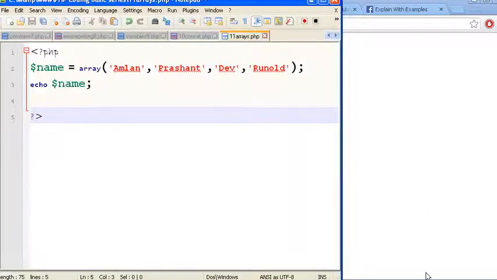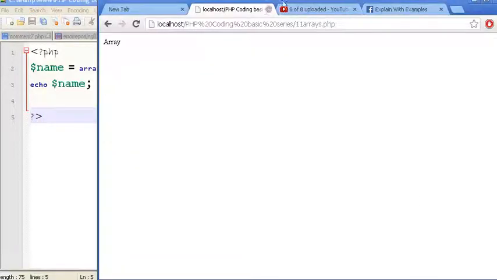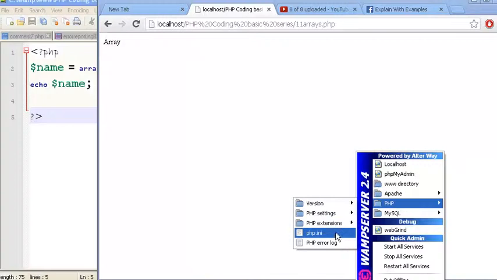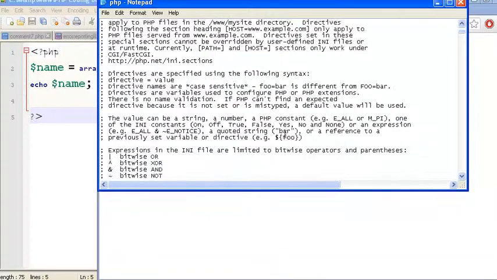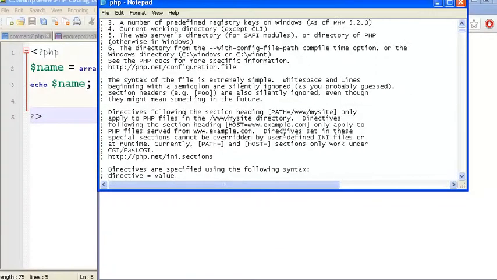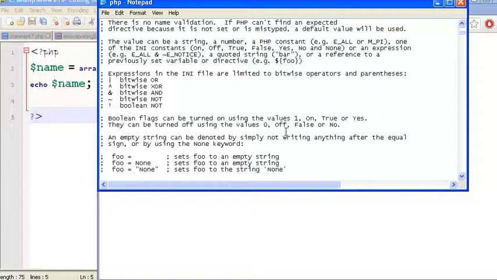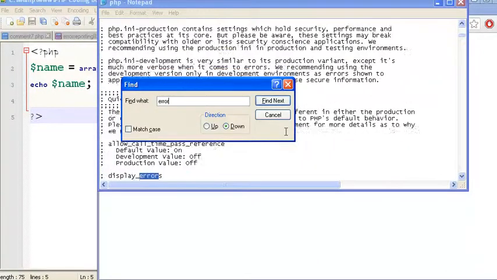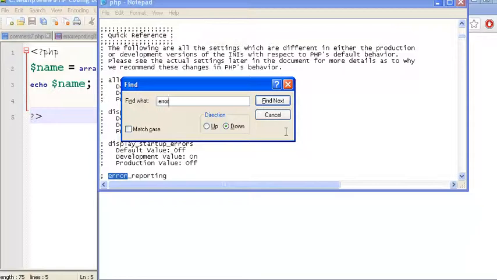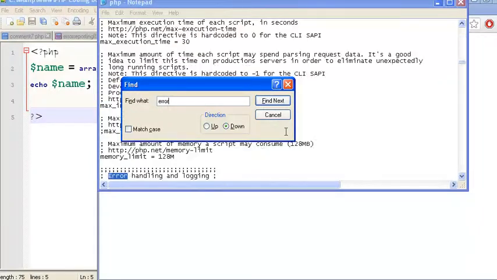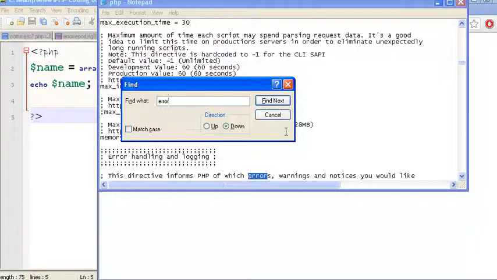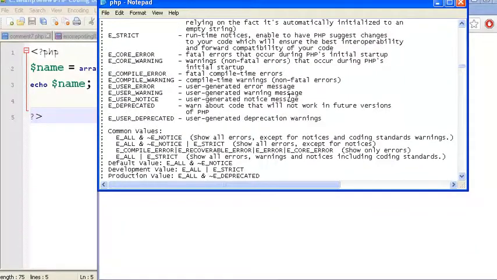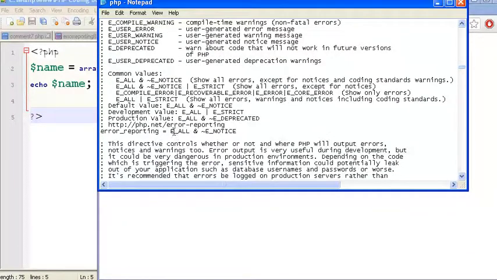So welcome back, guys. The problem was that we were getting a notice, because if I go to my PHP INI file, the error reporting was set to all.